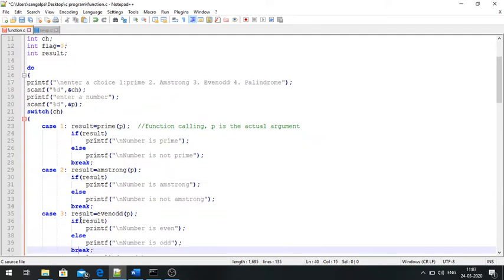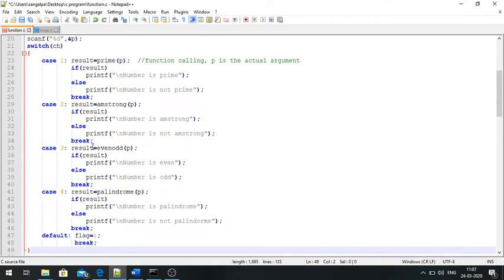Same thing if the case is 3, then I will go for the even or odd case. If the result is 1, I am assuming it's an even number, and if it is 0, it's an odd number. So the last case, palindrome: I'm checking whether it's a palindrome. If it is, it will return 1, otherwise it will return 0. So if the flag is 1, that means